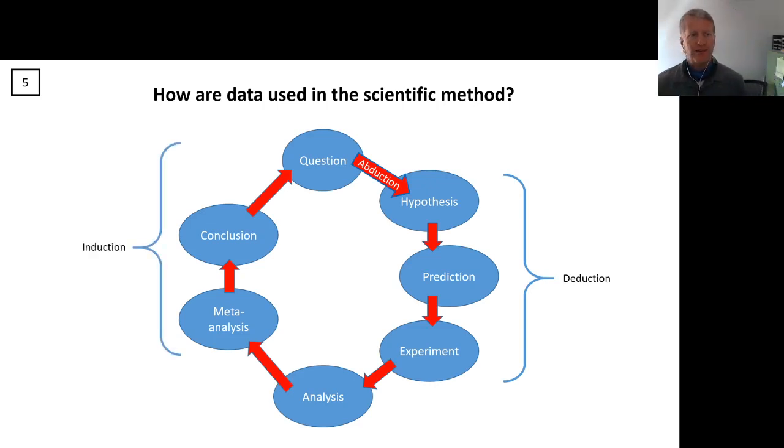And that is the process of inductive reasoning, where you're going from the specific back to the general to say, okay, this experiment turned out to either support or disprove my hypothesis, and this is what that means to my field as a whole, based on what's been published in the past in the literature.